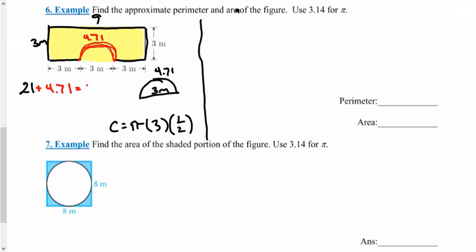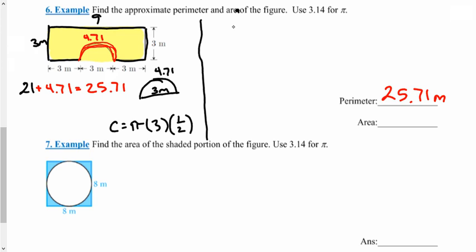That's going to get us 25.71 for the perimeter. Let me go back and double check my math here. Yeah, I think we're good with that. So we get 25.71 meters. That's a linear measurement. Now the area, again, I think the area is even a little easier because the area